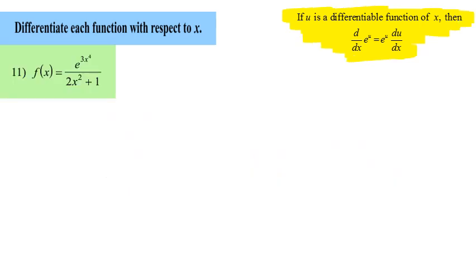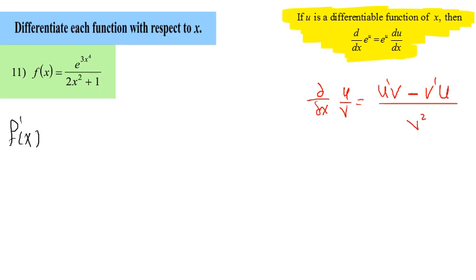Differentiate the given function with respect to x. As we can see, the given function is a quotient, and the derivative by the quotient rule is the squaring of the denominator, and the derivative of the numerator multiplied by the denominator minus the derivative of the denominator multiplied by the numerator. So f dash of x is equal to